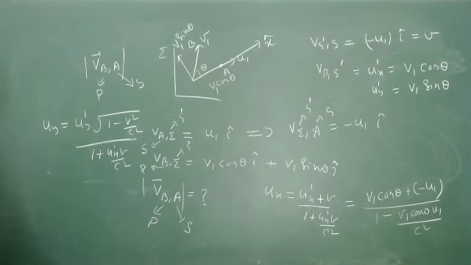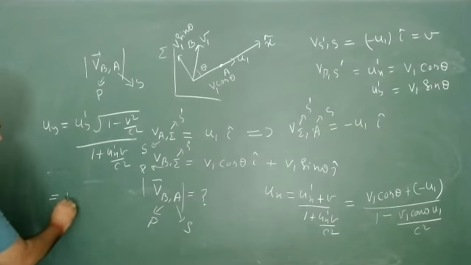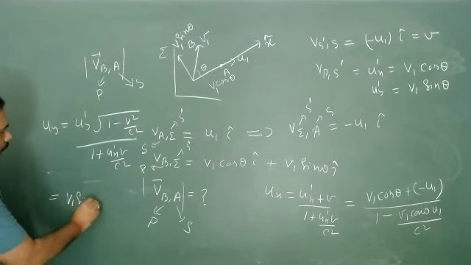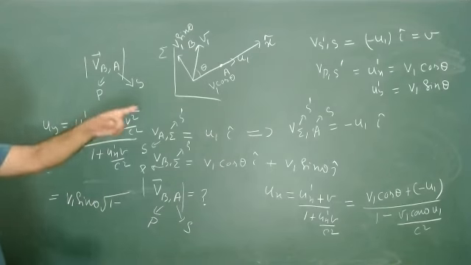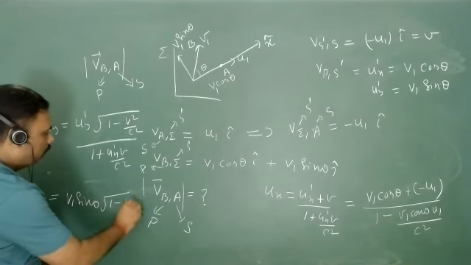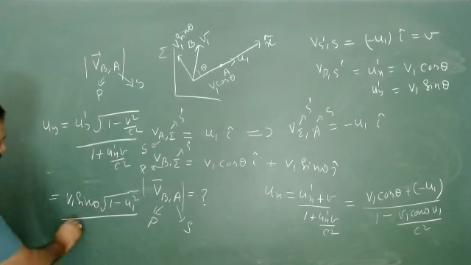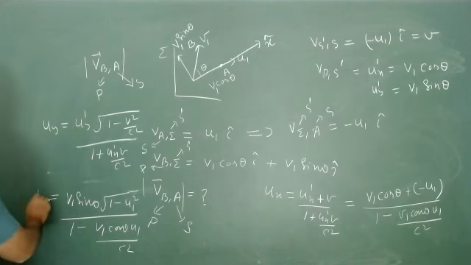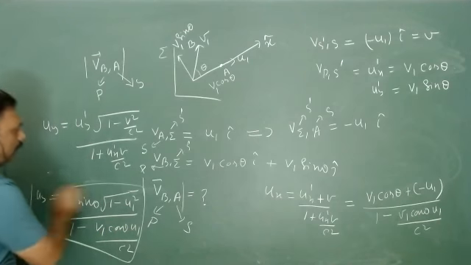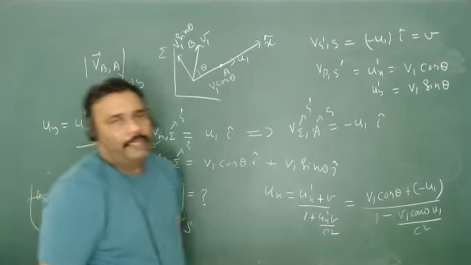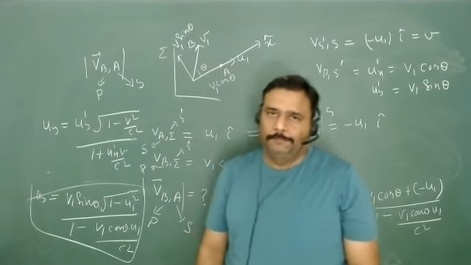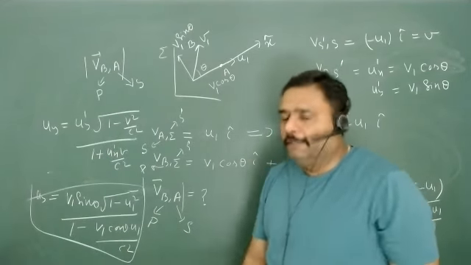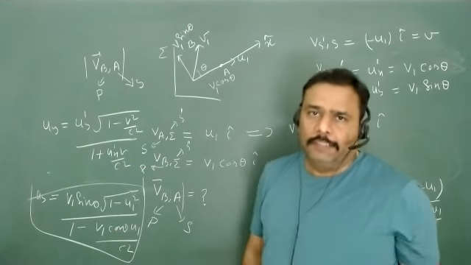So when we put all this in, we will get Uy dash. Uy dash is V1 sin theta, and 1 minus, what is V? It is nothing but minus U1. So this is U1 square, and the denominator part will always be the same. This is my Uy. And you can easily write the velocity and then take the magnitude. Okay. So this is the thing, you can do it at your convenience.